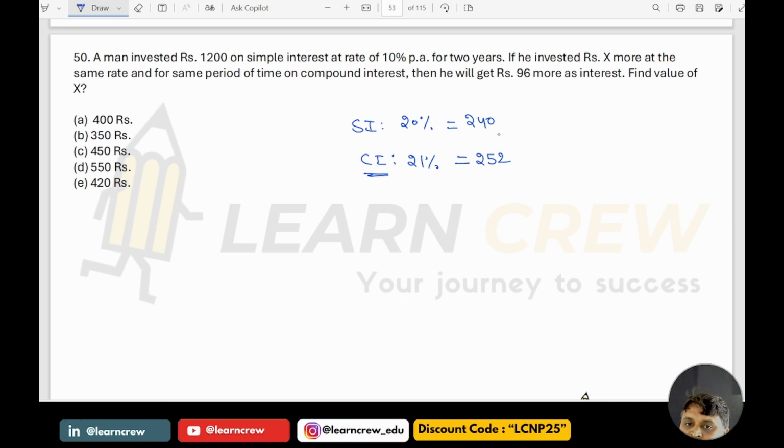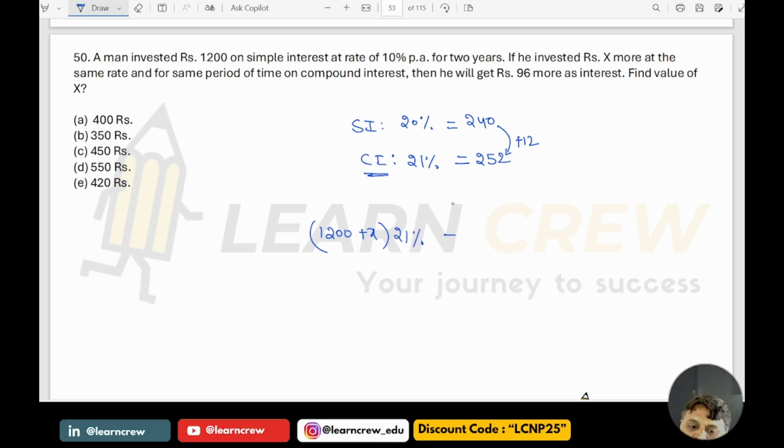Now, see here how much extra is gained. The gain is 12. Now, to this 1200 rupees, how much does he have to invest at 21%,